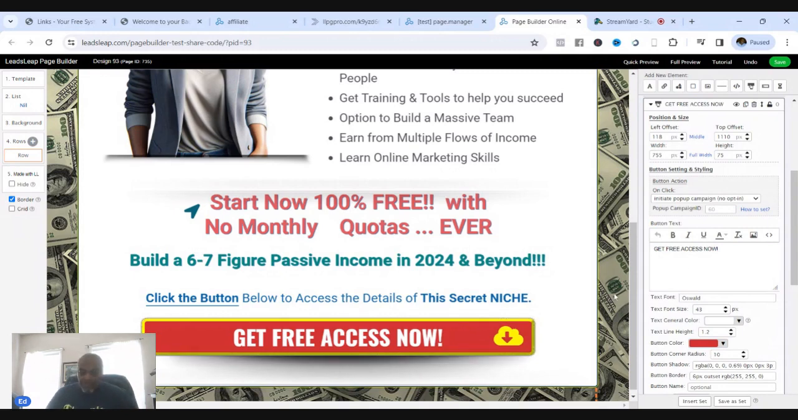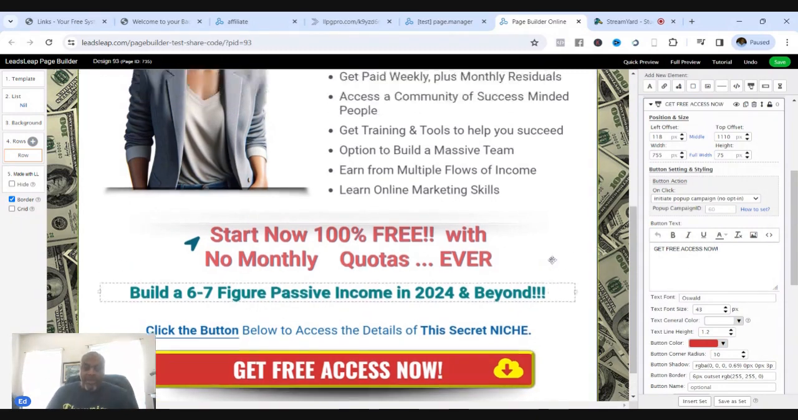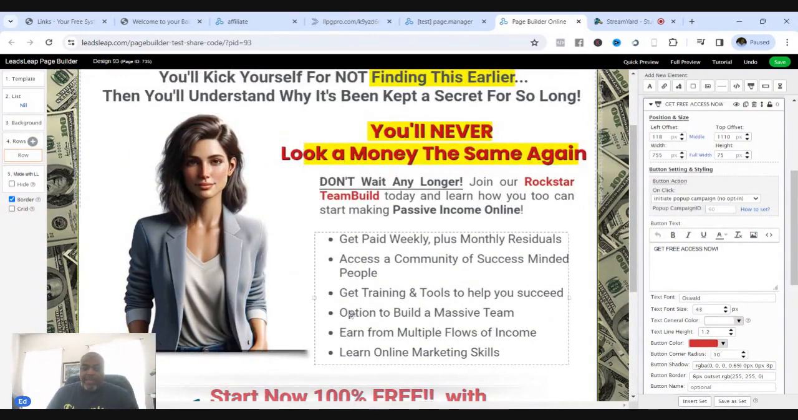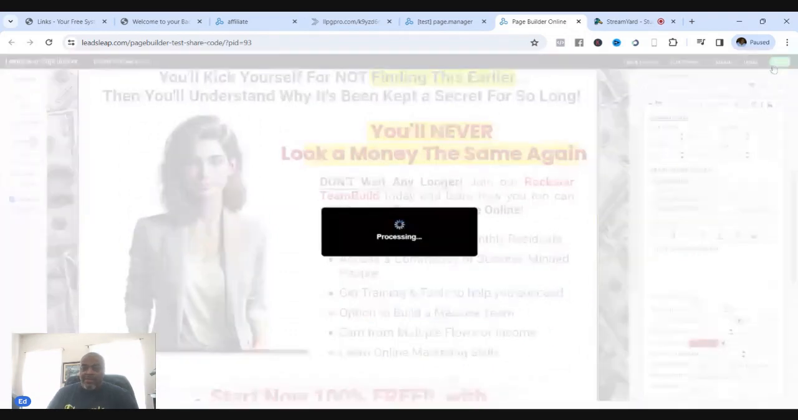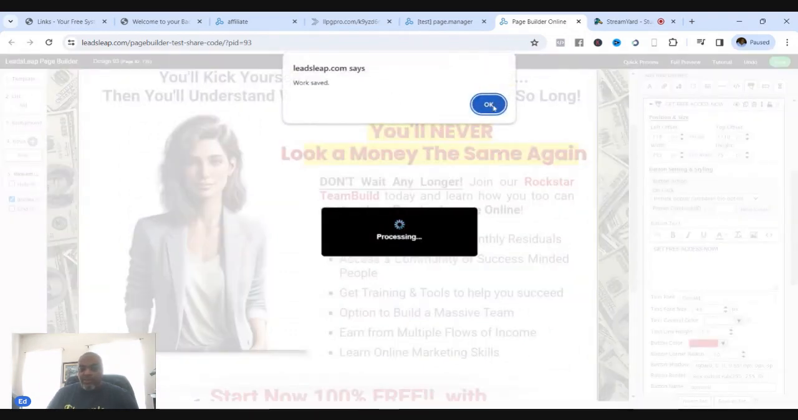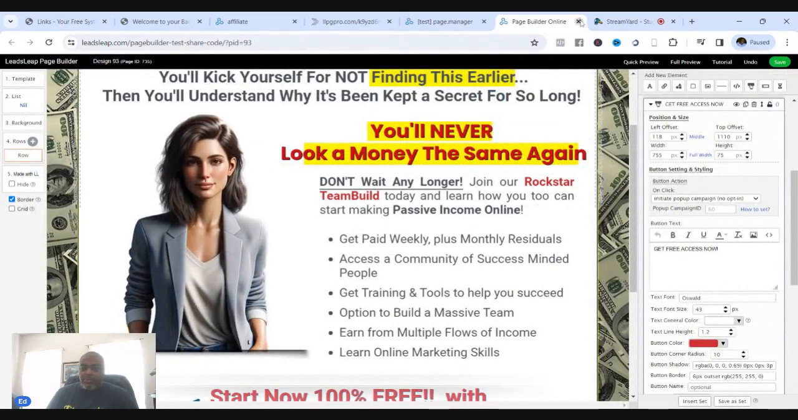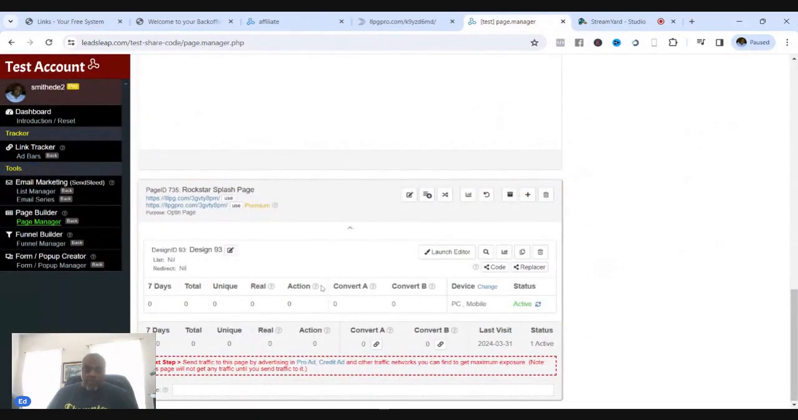Okay. Now, what we do next is if you make any changes, make sure you go up here to the right-hand side and hit the green save button. Always hit the green save button to make sure. And you'll see this says work saved and hit OK. Okay. And then you can close this window. So you would go through